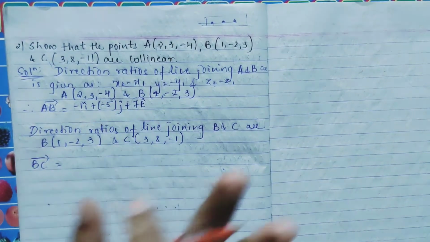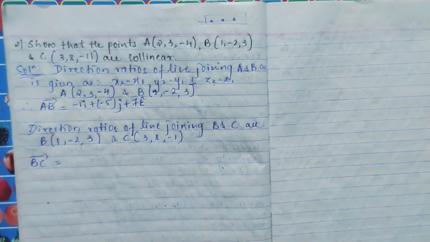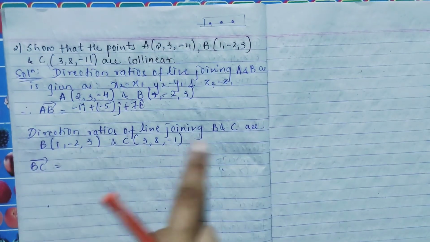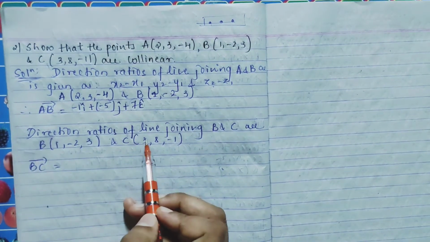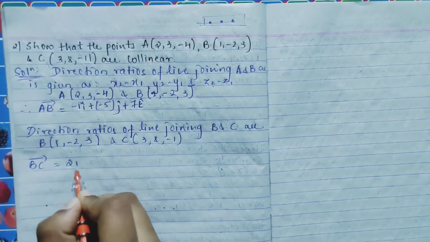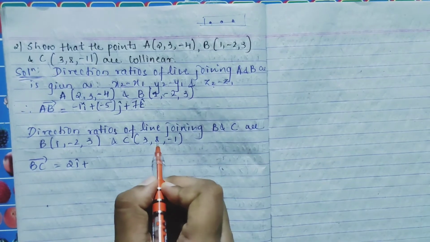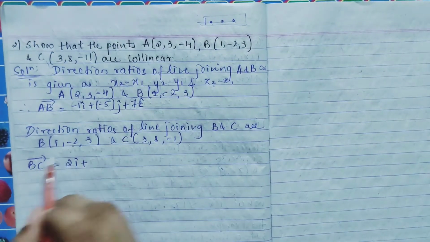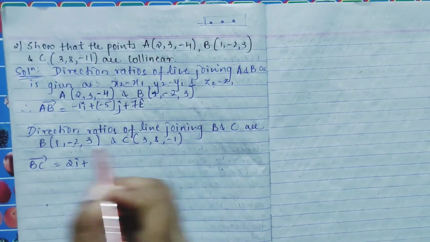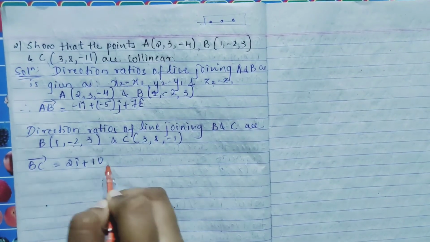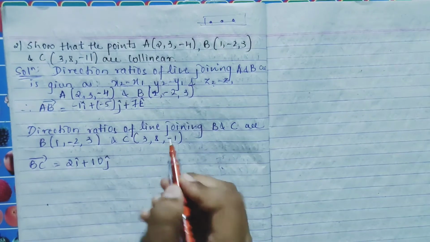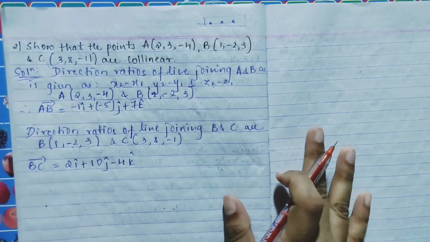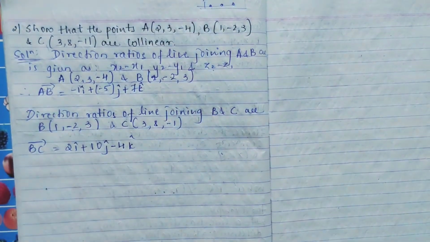It's okay, you just keep it here, later we will do. Next we will consider our B and C points in the same way. 3 minus 1 you will get 2 I cap plus 8 minus of minus 2 you are getting, which means here first minus will be there, already a minus, so it becomes plus, so 8 plus 2 you will get 10 j cap, minus 1 minus 3 you will get minus 4 k cap. So you have got vector AB, vector BC.